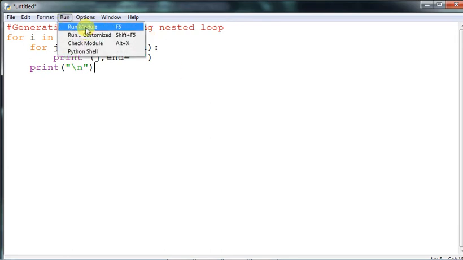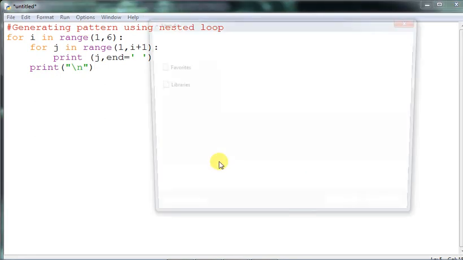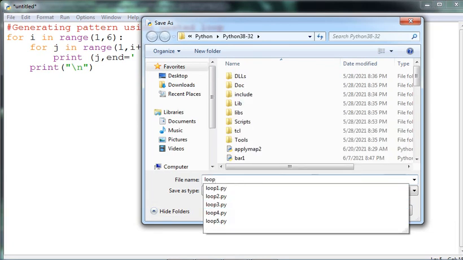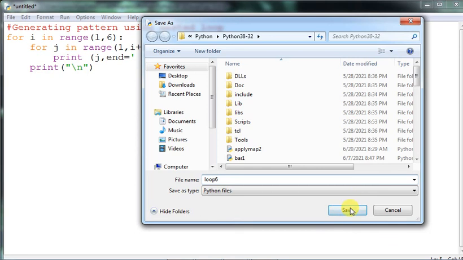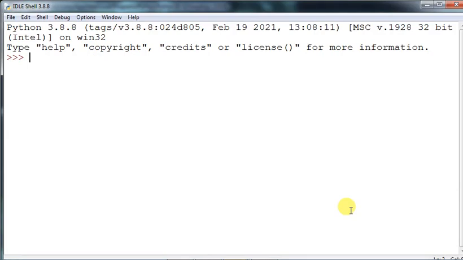Run module. I'm giving the name of this one as loop 6. Now what is happening here, you see the output, a similar output will appear.